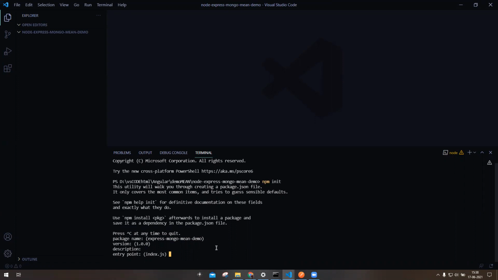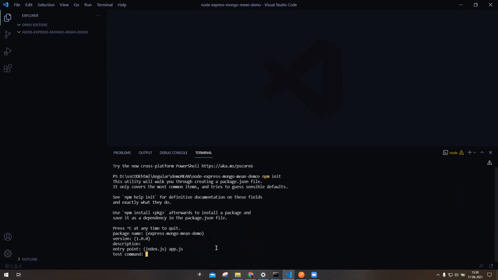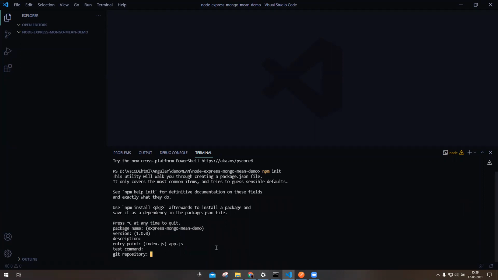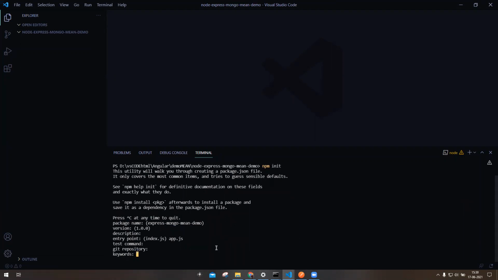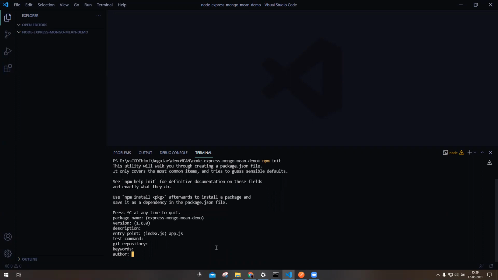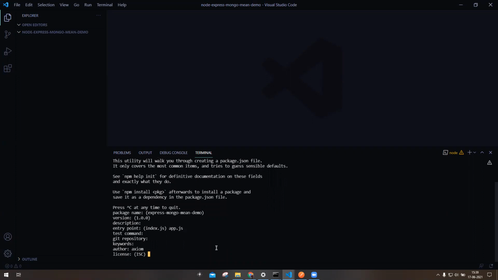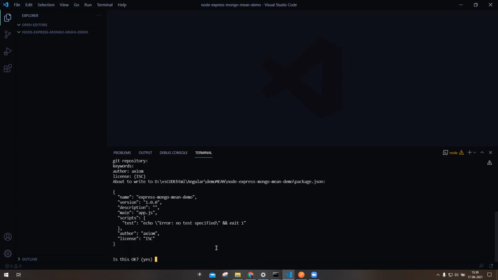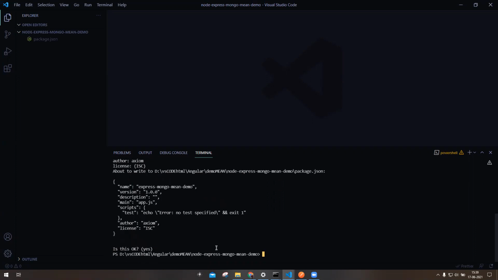Here you can write index.js, app.js, or server.js. It's your choice. Here I will write app.js. Then it will ask for the test command, which I will leave as default. Then git repository, keywords, hit enter. Author, I will write Axiom, hit enter, license, enter. So, okay, it will create a package.json file.